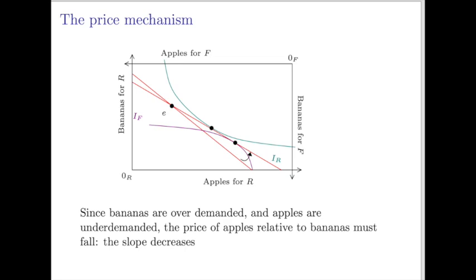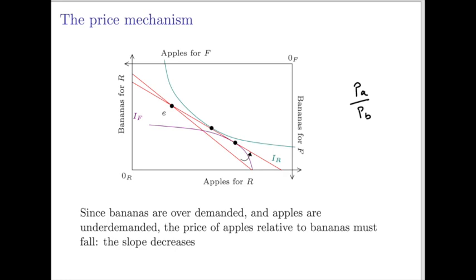So what this tells us is that these guys are asking for too many bananas and too few apples. So the price of apples relative to bananas has to fall. If apples get cheaper and bananas get more expensive, then these guys might adjust their demands so that there would be no excess supply or excess demand. So if the price of apples drops and bananas goes up, in other words, if PA over PB, in the end that's what we are interested in,